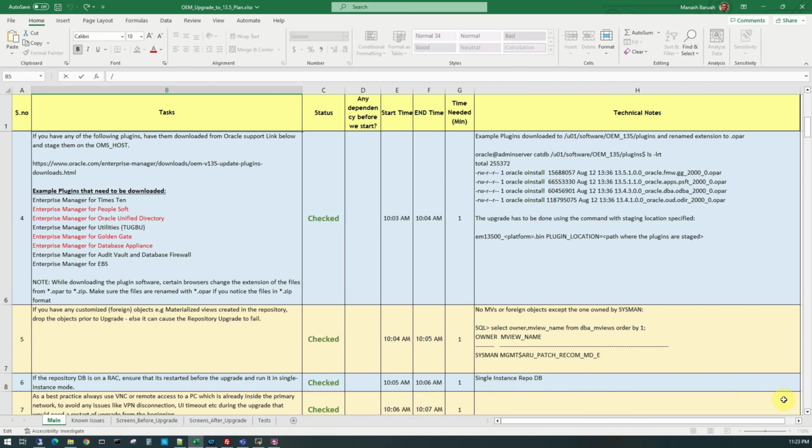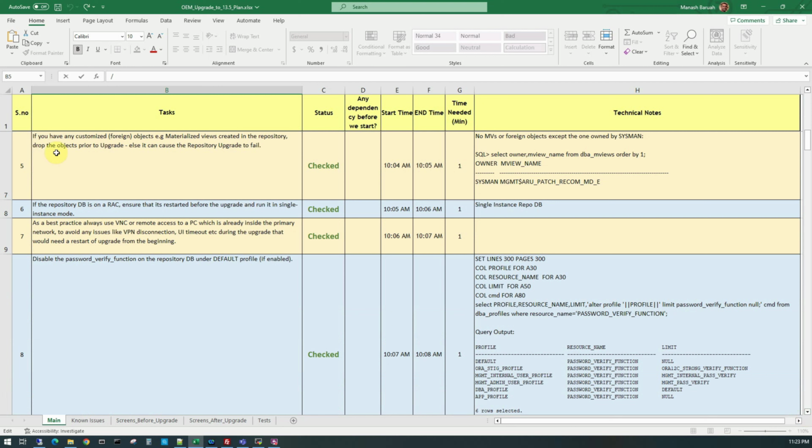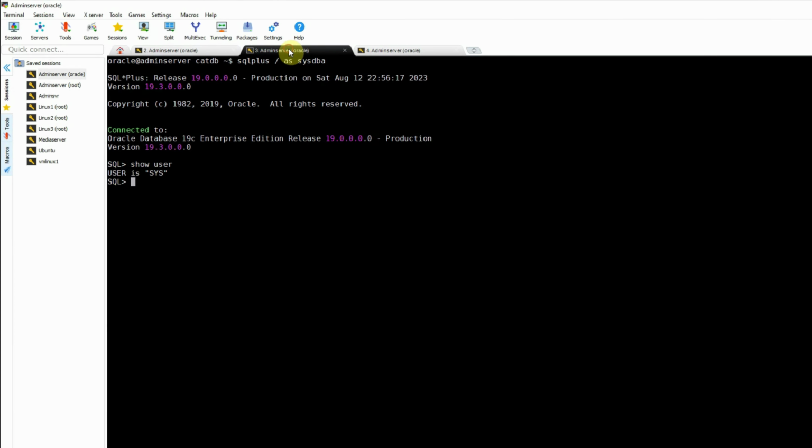Item number 5, if you have any customized or foreign objects, for example materialized views created in the repository database, you have to drop them prior to the upgrade and you have to recreate them after the upgrade has been completed. And you can check that using this particular command, and we will go to our SQL Plus session that was